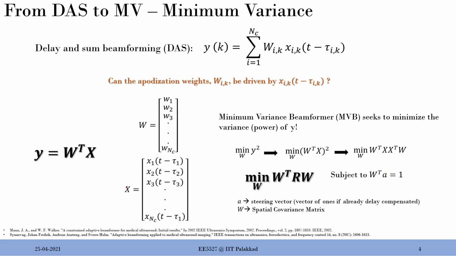So this is already done. In our case, A can be just a vector of ones, an array of ones, whichever way you want to call it. You don't have to really care about this. Literally it says that W transpose A is equal to 1. That statement says that you can choose any value of W, it doesn't matter, but the sum of W should be 1.